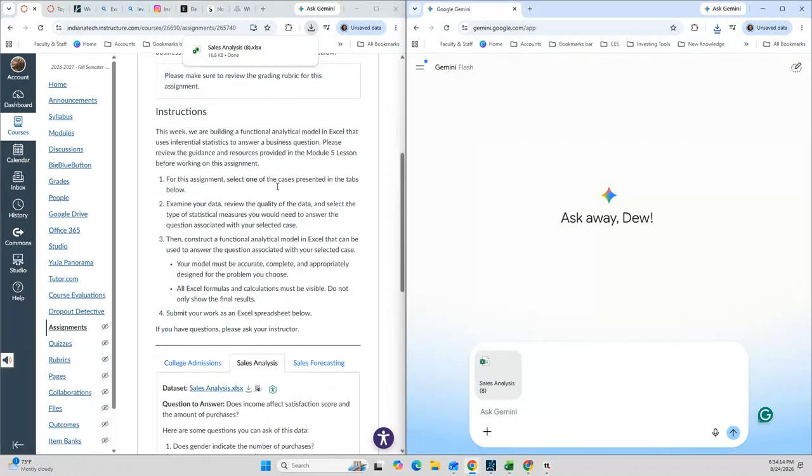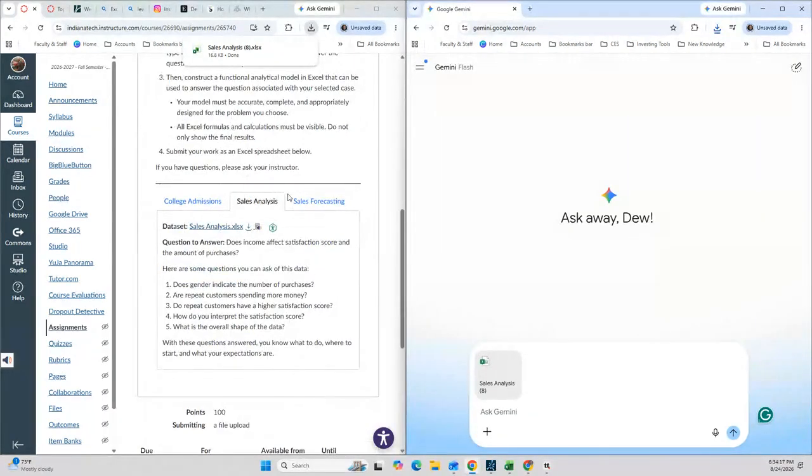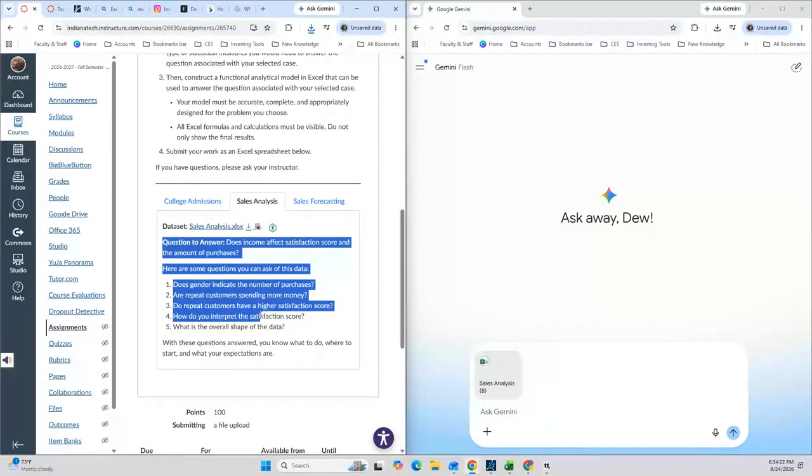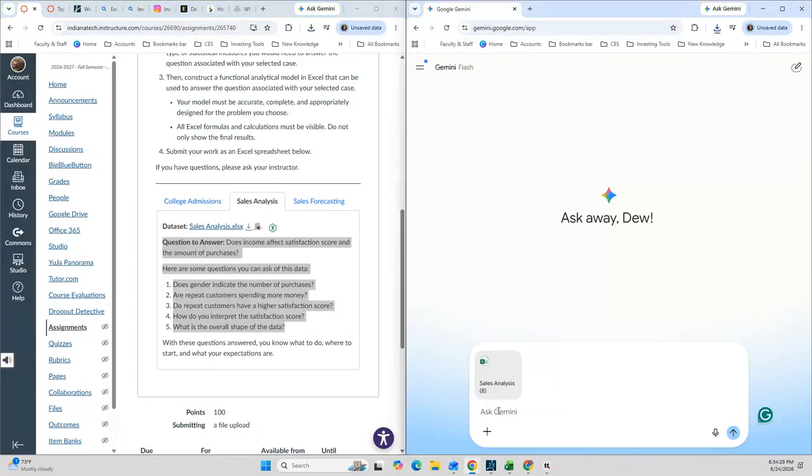Okay, so now what I'm going to do is come down here and select this information here. Copy the data, and I'm just going to ask Gemini, basically, can you analyze this data, or can you use the